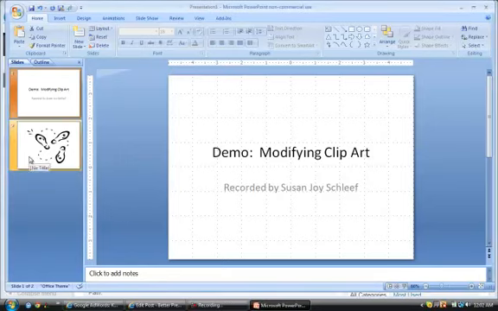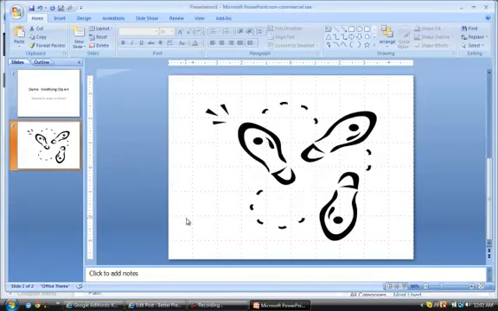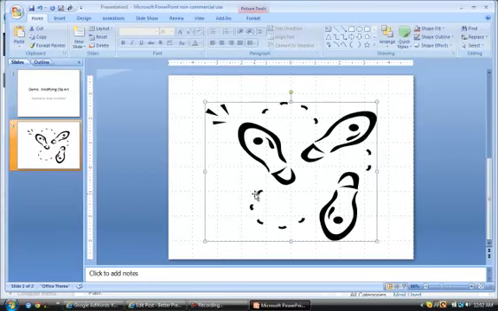I've copied down an image from Microsoft.com of a clip art, which isn't the most exciting image, but if I were going to talk about 4 steps that you can follow to improve your marketing or some topic like that for a presentation, I might want to use these footsteps as a graphic metaphor for the steps that you can follow. In order to make this clip art look better, the first thing I need to do is ungroup it,